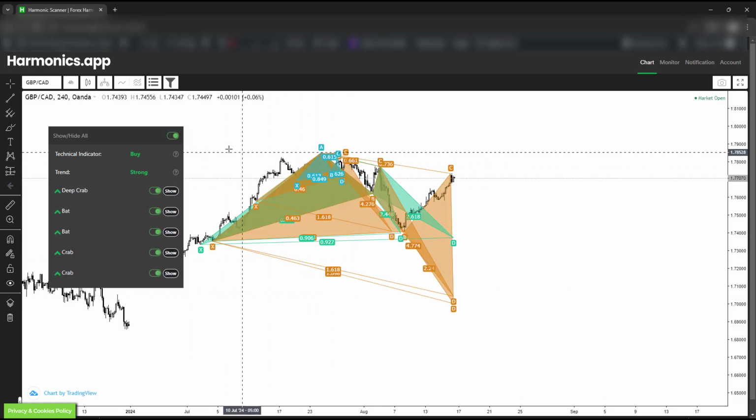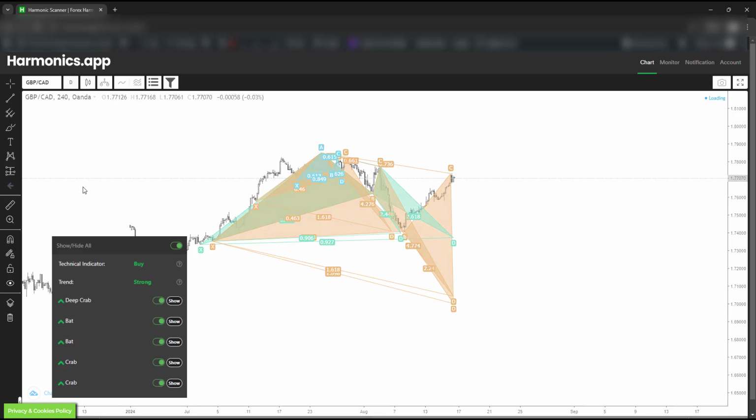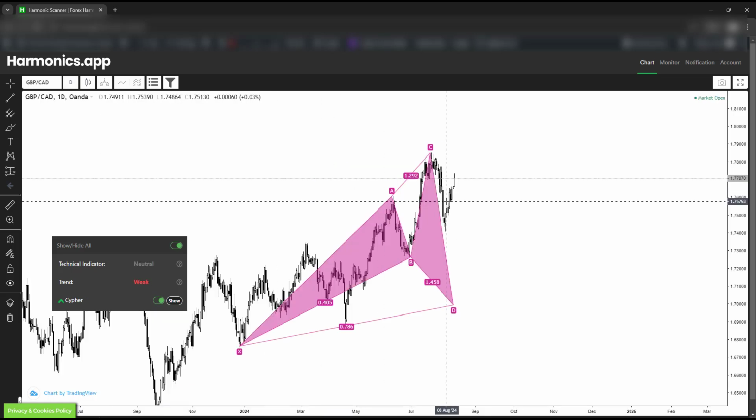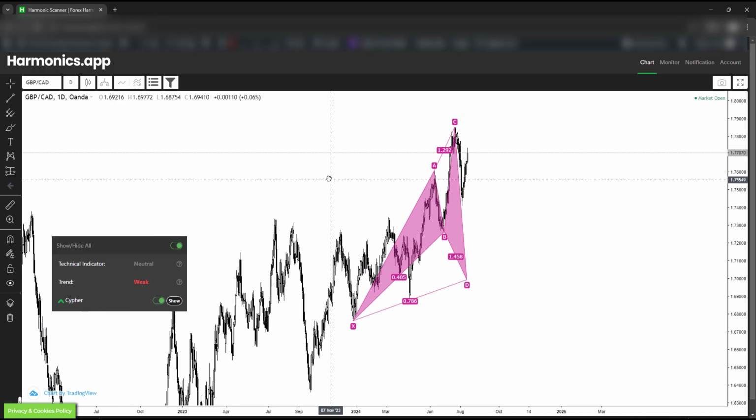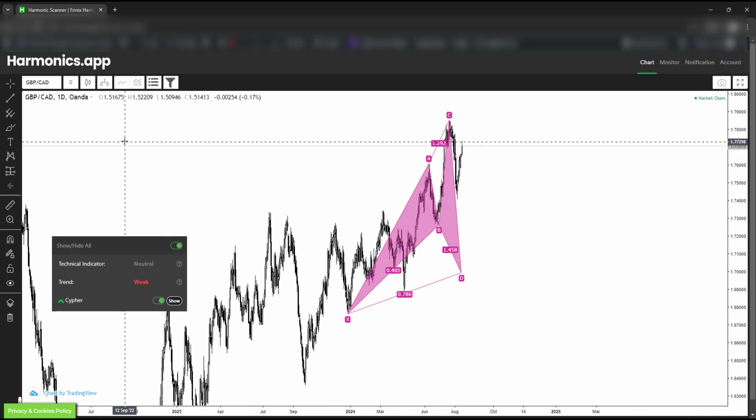The chart is defined by the symbol, which is visible right here in the upper left corner. Then you have a time frame, and then you also have candles. Here, if you would like, you can also change to the daily time frame, and the Harmonic Step Scanner will show you what patterns are currently available on that symbol on that time frame. So for example, on the daily time frame for the GBP against Canadian dollar, you have only a Cypher